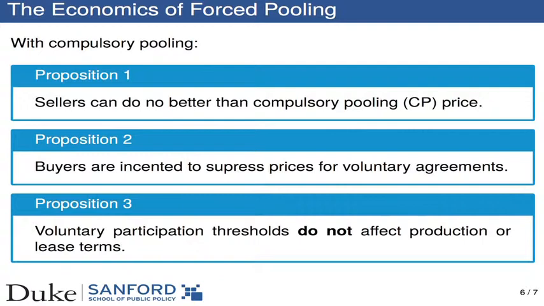The buyers then are also incented to suppress the prices that they offer for voluntary agreements, because the price that they have to pay to anyone they compel into the unit is governed by the prices they offer for these voluntary agreements. So they're going to have an incentive to suppress the prices that they offer in this initial market. And importantly, these voluntary participation thresholds do not affect the production terms or the likelihood of production or the lease terms. So it doesn't matter whether it's a 51% threshold in order to compel landowners to participate or